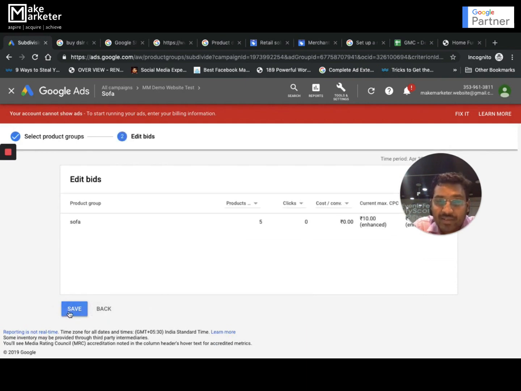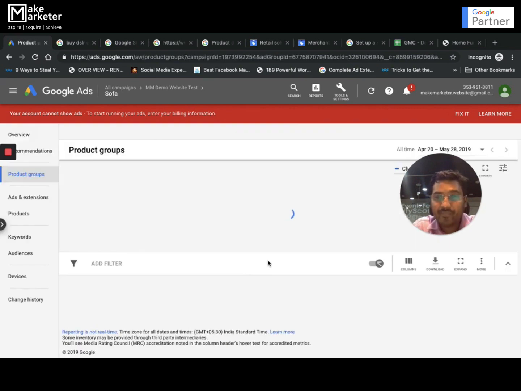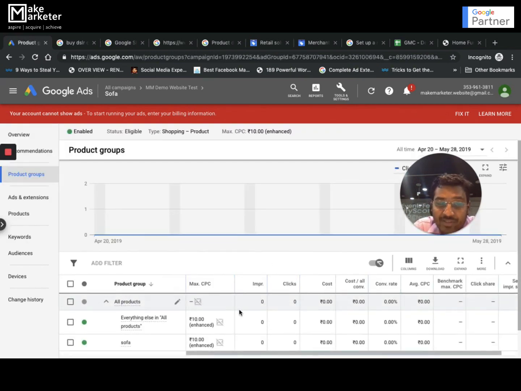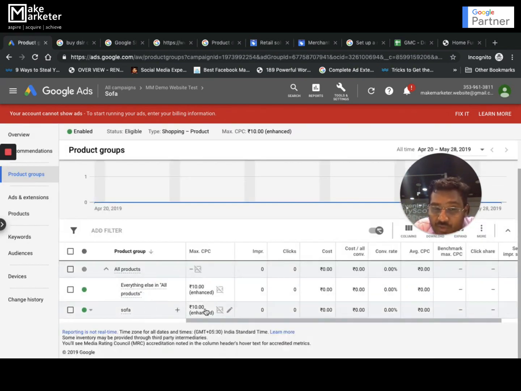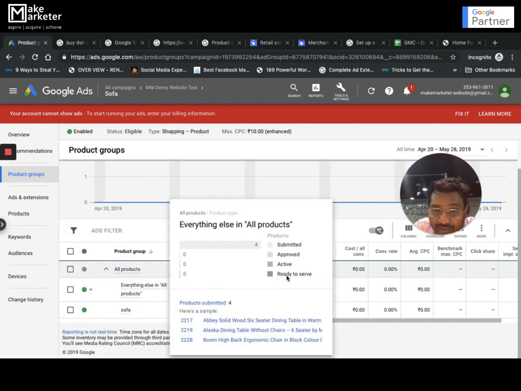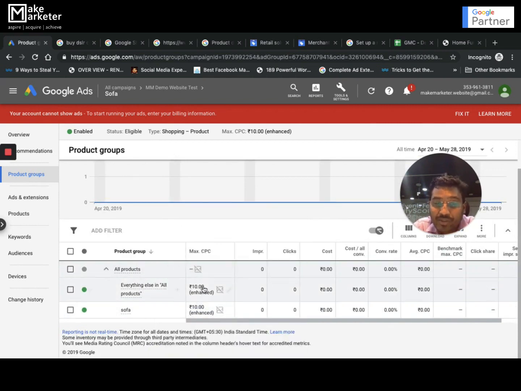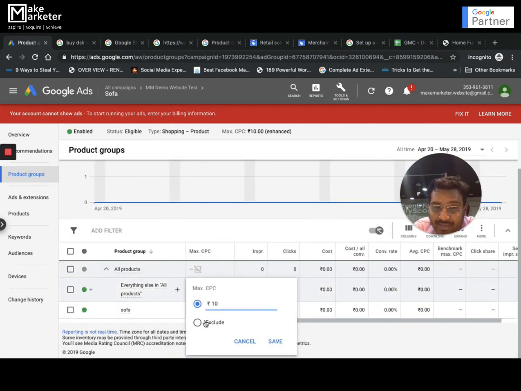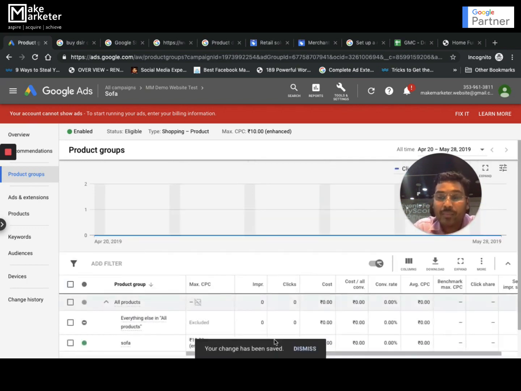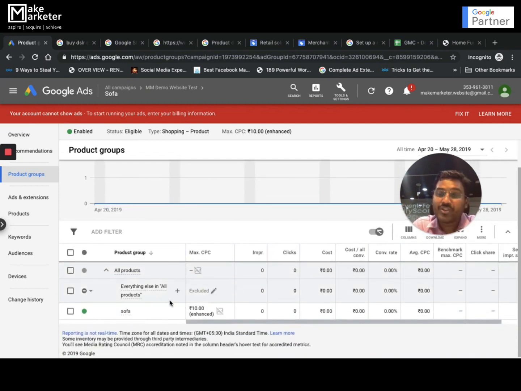Now when I click on continue and save, remember the default bid is 10 rupees. Now that default bid will go for sofa, 10 rupees. But I don't want everything here. I want only sofas to be served. So what I can do is click on this and click on exclude. That means I want only sofa products to be served, but I don't want any other product in my feed which is not in the product group that I filtered,